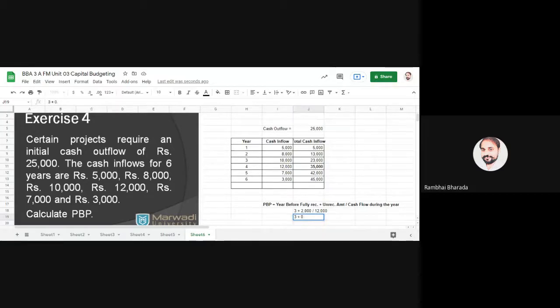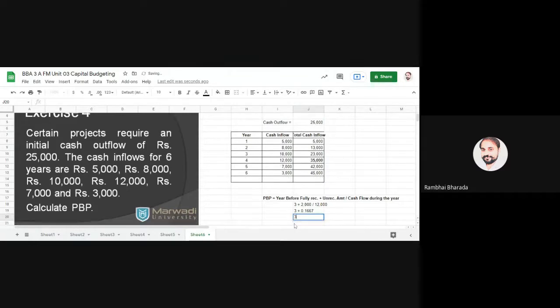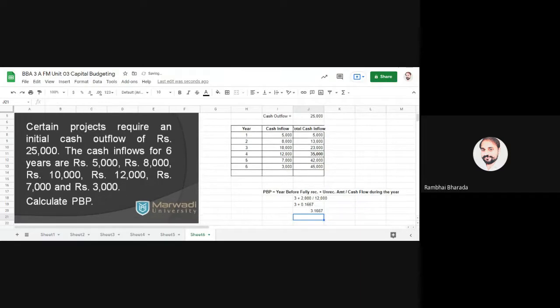Zero point 166 कंटिन्यू है, तो 7 कर देते हैं. ओके, यहाँ पे now this is your answer. If you want to write it in years, it's 3.1667, or else you can write like this: 3 years, and for the month calculation, whatever answer you get,